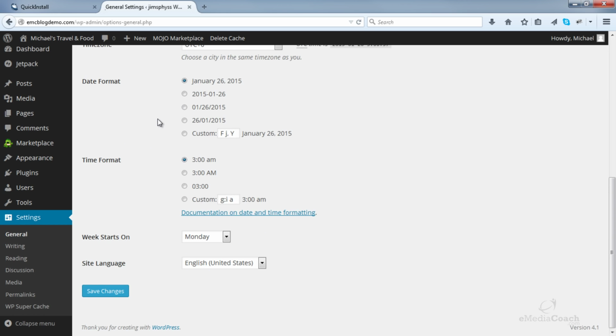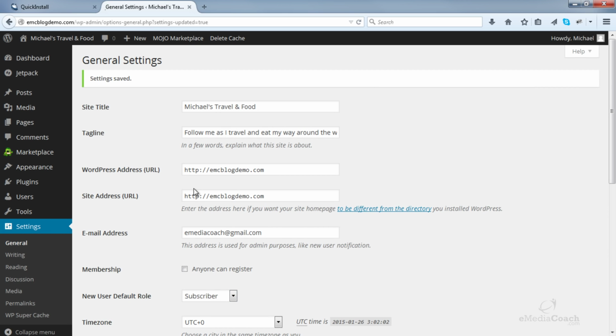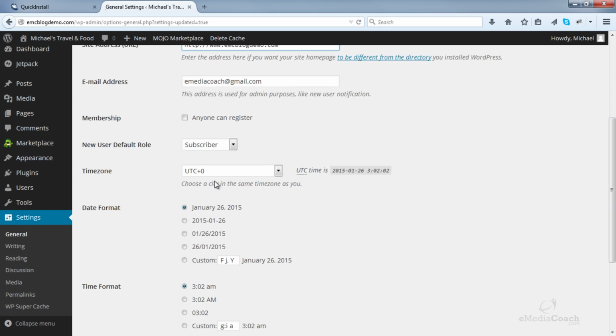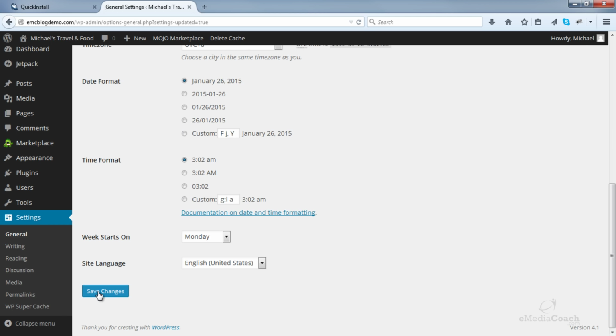Go down, click on Save Changes. Now in this field here, enter www dot and the same in that field there, and save changes. This will prompt you to log in again.